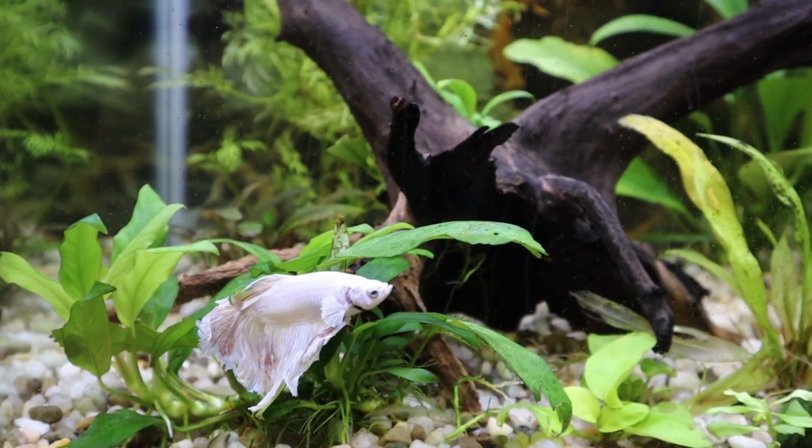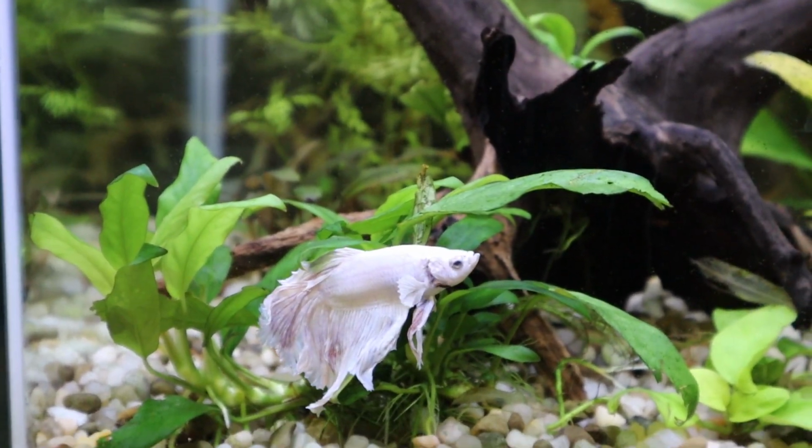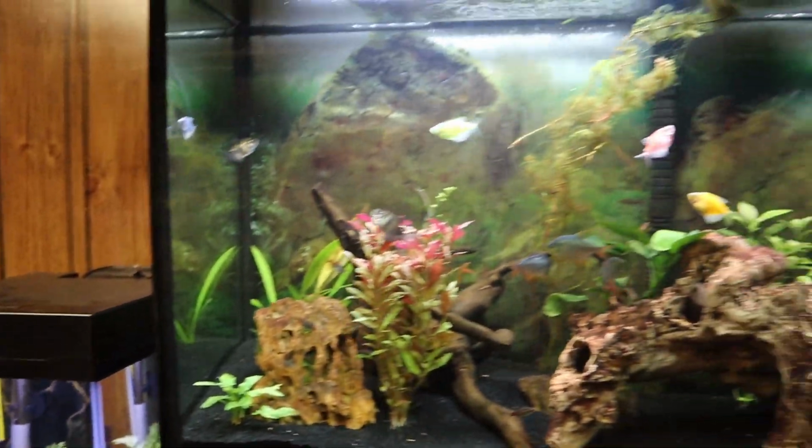And yeah, Lou is not the smartest fish in the sea, so he sometimes takes a little bit to realize there's food in the tank. So we'll give him a little bit, but if he doesn't find the food, we're just gonna move on. A few moments later. Yeah, so Lou's being kind of slow right now, so we're gonna move on to the